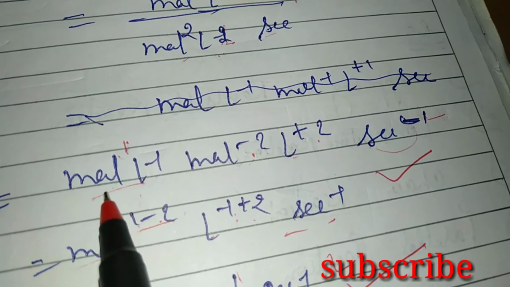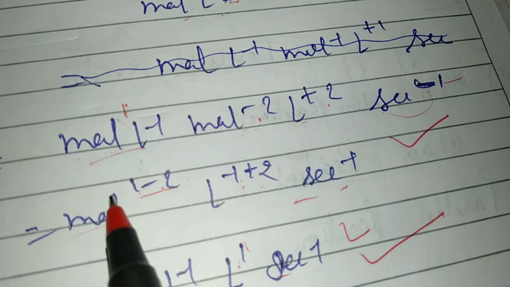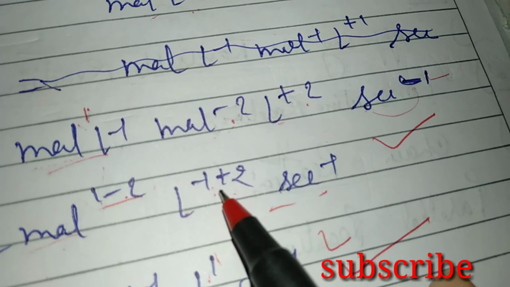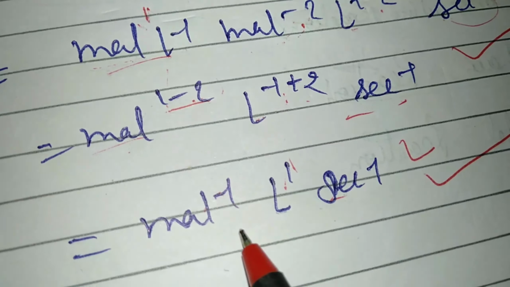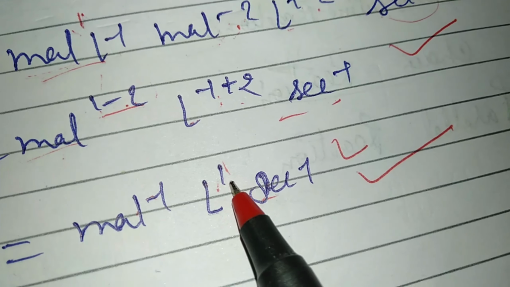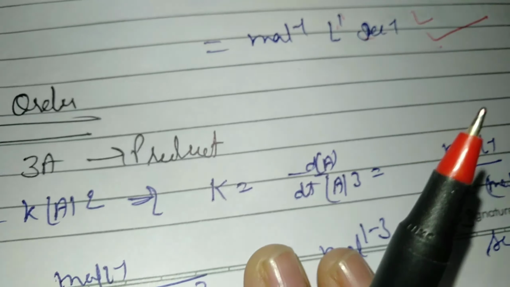सो जिन्हों दी बेस सेम्स ने पावर ऐड हो जाएगियाँ, 1 की पावर और -2 है तो 1 -2, लीटर की -1 हैगी, लीटर की +2 है, सो इस -1 +2, सो दिस इज सेकेंड इनवर्स। एक ही आ जाएगा 1 - 2 मीन्स -1, दिस इज लीटर, -1 +2 की हो जाएगा 1 के बराबर सेकेंड इनवर्स। इट मीन्स मोल इनवर्स लीटर पर सेकेंड इज द यूनिट्स ऑफ सेकेंड ऑर्डर रिएक्शन।